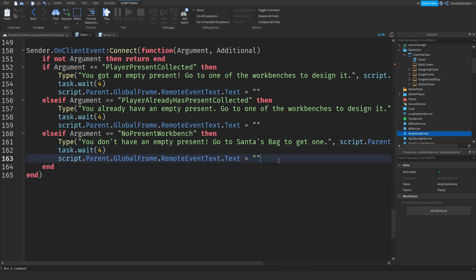Now else if argument is equal to "workbench start designing", then. So I get this tutorial is a lot, maybe some are already struggling. I'm very sorry. Just join my Discord server and I'll help you out, because I love you guys. So workbench start designing, and this is pretty confusing, but repeat